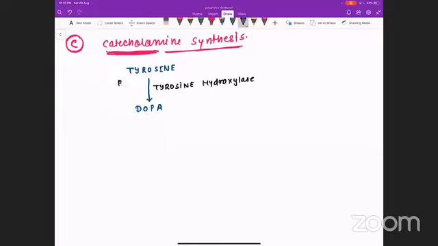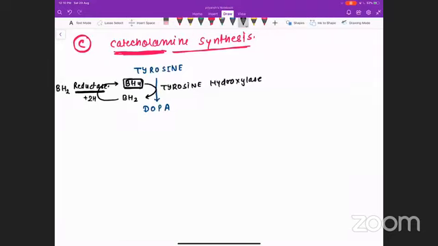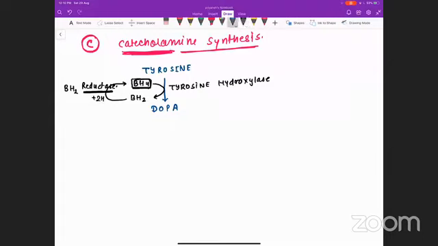In this reaction, we require BH4, which converts into BH2, the same which we have used in phenylalanine tetrahydrobiopterin. It is going to donate 2 hydrogen. And the BH2 can be converted back. For that, we require 2 hydrogen, and the enzyme will be BH2 reductase, because we are adding hydrogen, so the name of the enzyme is reductase. This is just additional information, but the important thing is when the tyrosine converts into dopa, the enzyme is tyrosine hydroxylase.